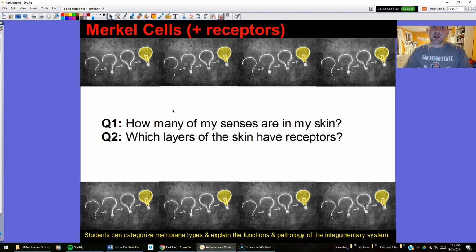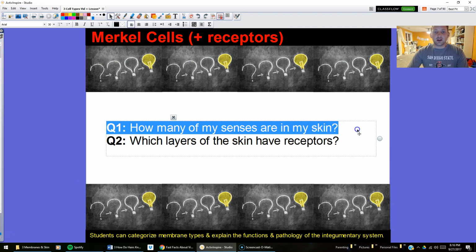Let's start with one of the easiest ones. We'll end with the longest, hardest one. Merkel cell is basically a receptor, kind of a part of your nervous system, but again, this is where it marries the integumentary system. Questions we're going to answer here in this little section are: